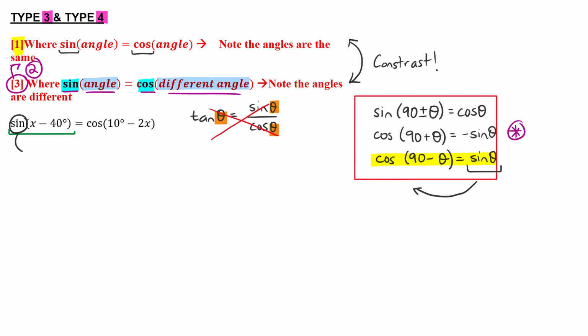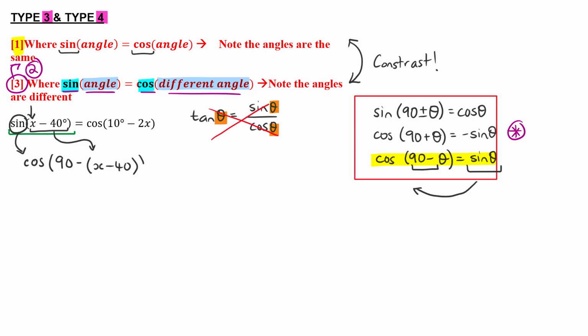So we've got sine, we change it to cos, and then place a 90 in front, but make sure it's the 90 minus and not the 90 plus, because if we add the 90 plus in front, then we need to also think about the negative that comes. So make sure it's going to be 90 minus, and then take the whole angle down, which is x minus